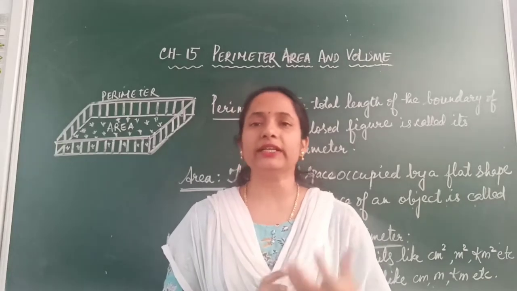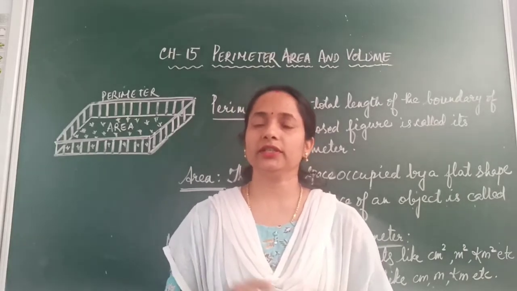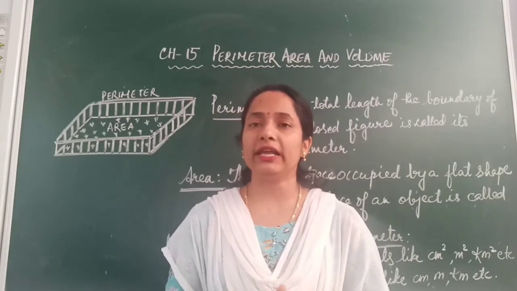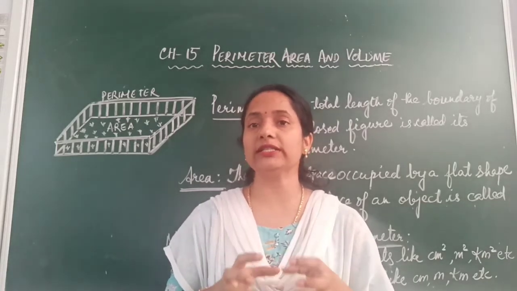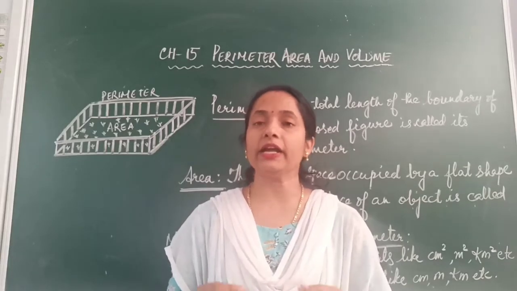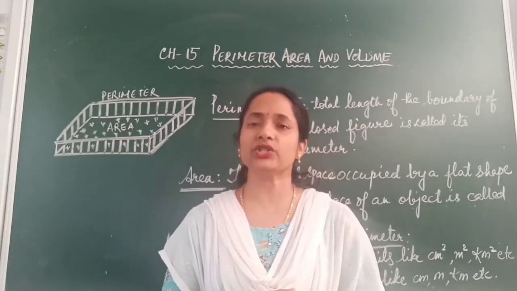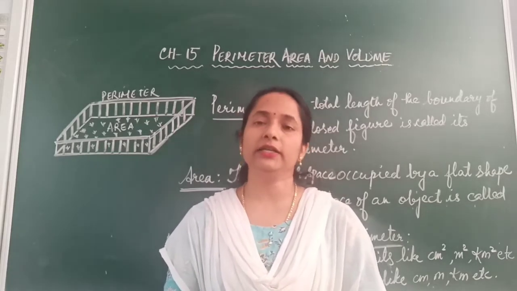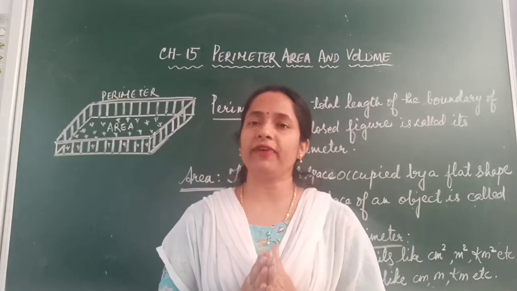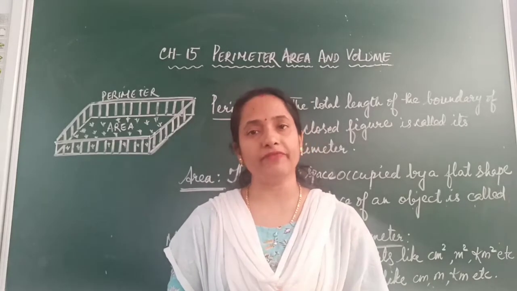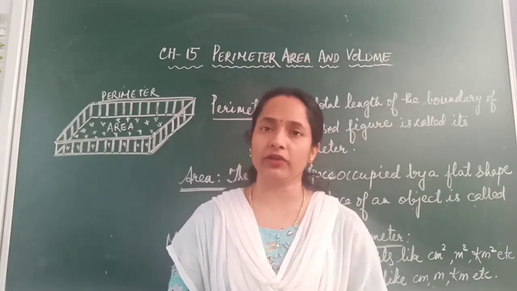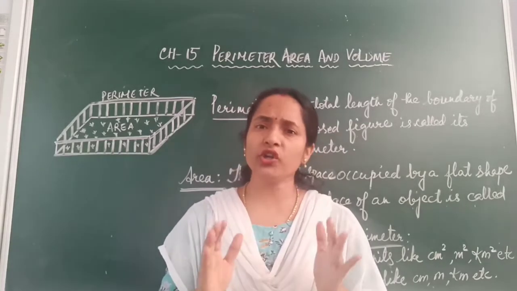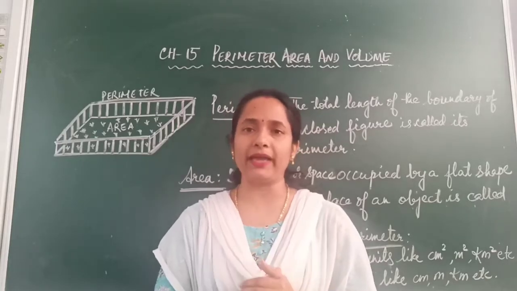So after understanding the variations between a 2D and 3D shapes, now let us understand what is a perimeter and area and how to find them. So in today's class, first let us focus on perimeter and area. See children, we can find the perimeter and area for every 2-dimensional shapes. That is, for every flat shape we can find the perimeter and area. Then what do you mean by perimeter and what do you mean by area?